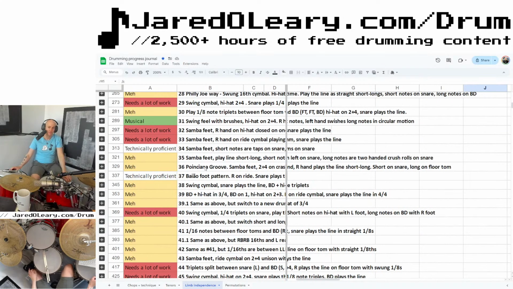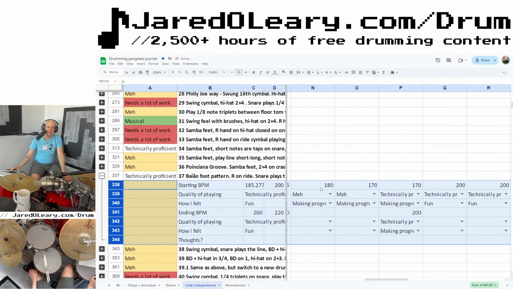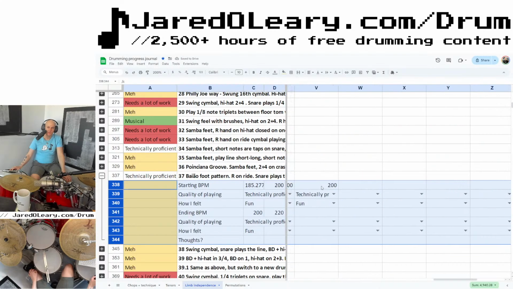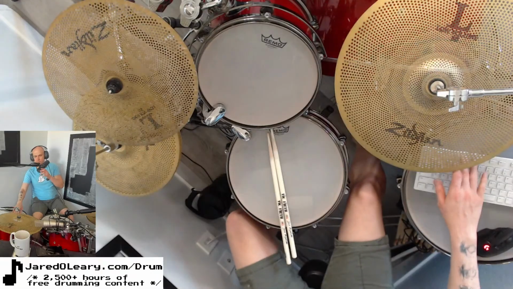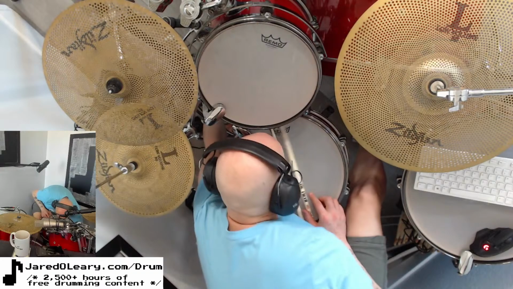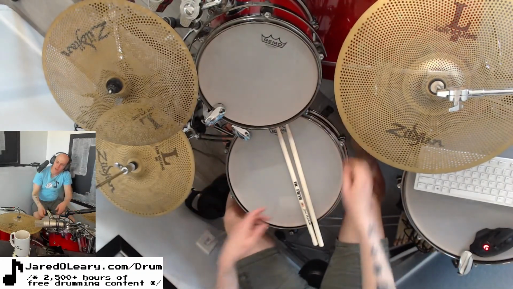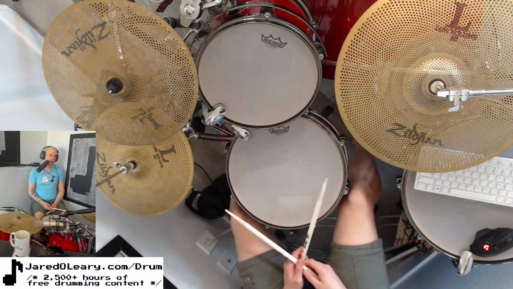The classic. Okay, so this one, last time we did it at a slower speed, I think, just to have more fun with it. No? 200? Okay, let's try it. What are we going to do? We're going to fix our hi-hat. And then we're going to play right, left, right, both. Right, left, right, both. Right, left, right, both.